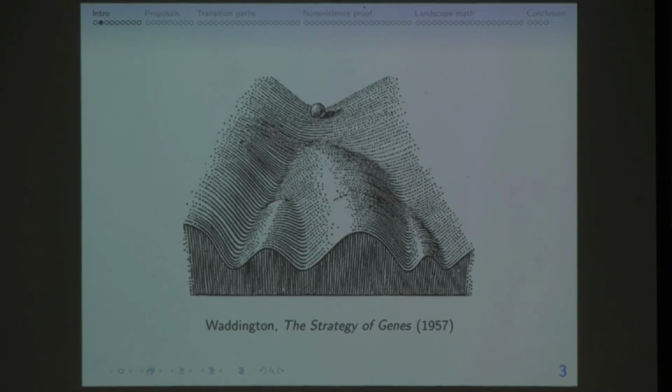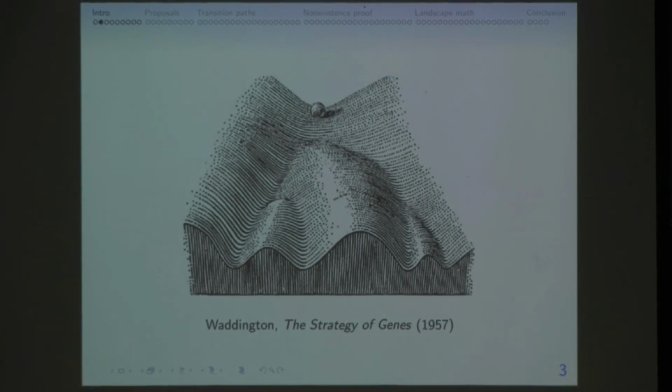Yeah, so this is a picture from Waddington's 1957 book called The Strategy of Genes. It's not the first time Waddington talked about the idea of an epigenetic landscape, but this picture has probably stuck more than Waddington's actual ideas on the landscape have stuck. You see this picture reprinted in paper after paper after paper, in textbooks, all over the place, and in talks like this one. Why is this such a popular picture?